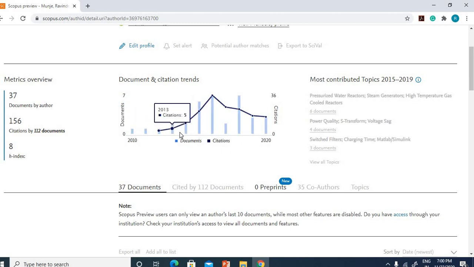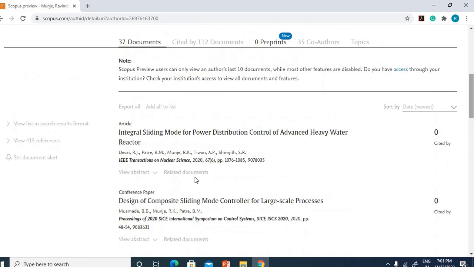Here you can also see year-wise citations. In 2015 there are 6 documents and citations are 21. This indicates documents, this indicates citations. You can also see paper-wise citations.